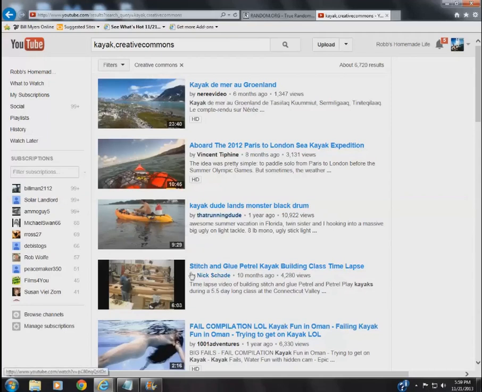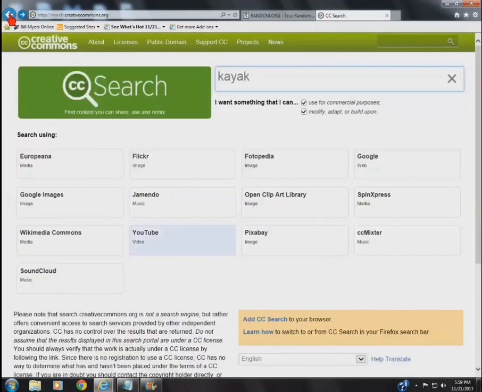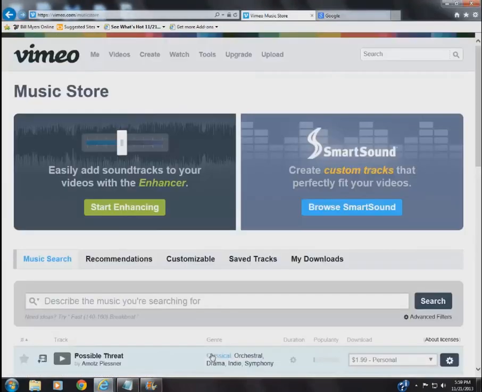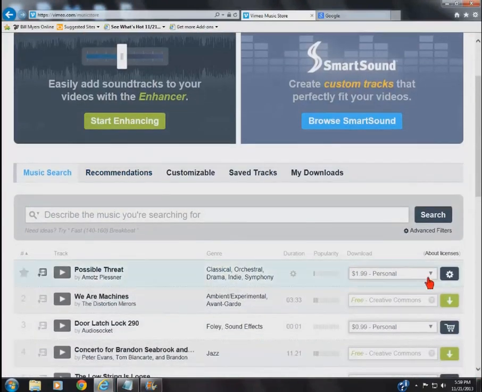So I'm going to be spending some time picking out my photographs and video and music, and I'm going to have a selection, and we're going to go to Windows Live Movie Maker, and I'll show you how I make my video. And by the way, if you want to get music, there's many places you can go. I like Vimeo Music Store. You can search there. Now they have many for that charge, but you can also get for free.